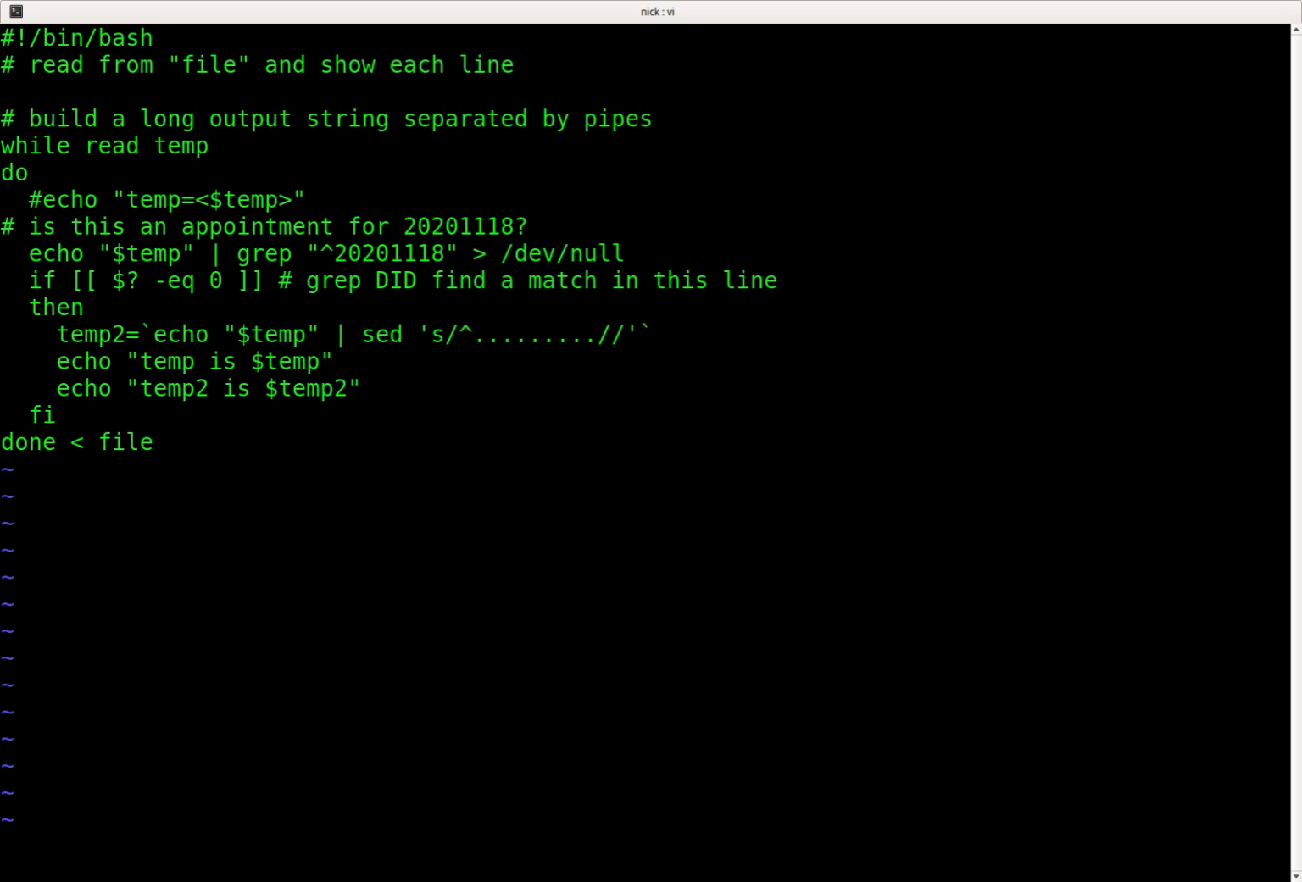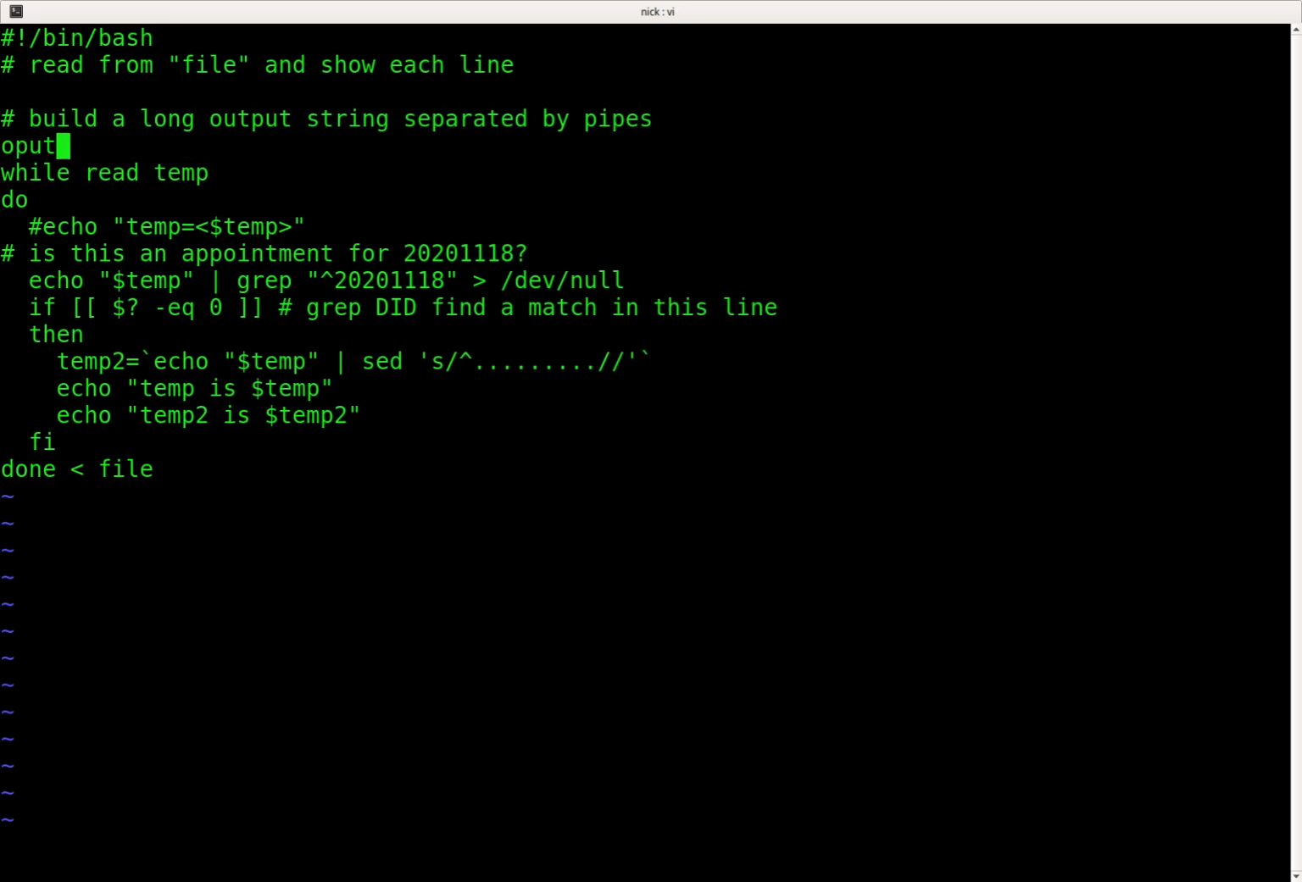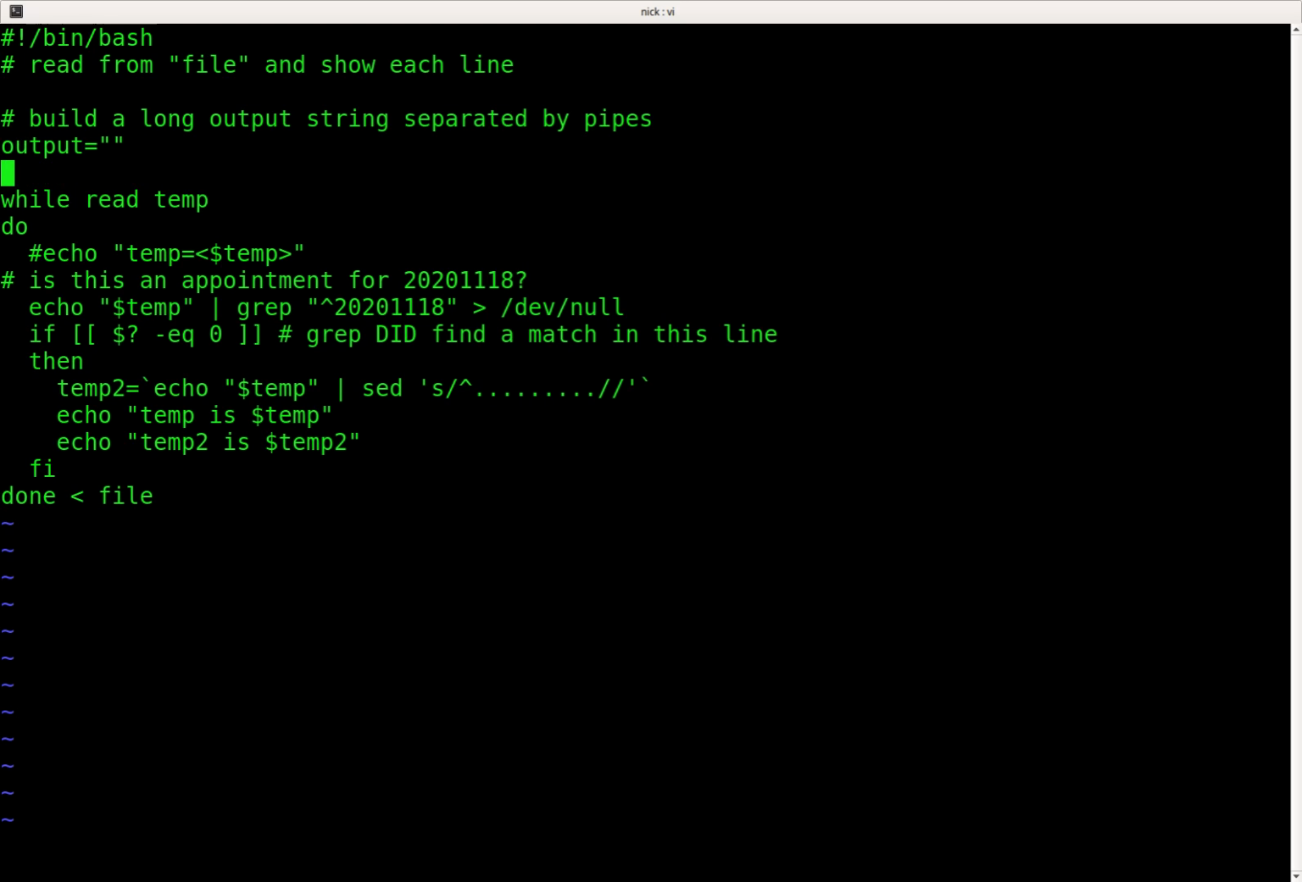Let's make a big long string separated by pipes. So I'll make an output variable, and this is like a running sum. This is something we're going to add to each time we go through the loop. Okay, so output is just an empty line, and every time we do this, let's suppress these echoes,